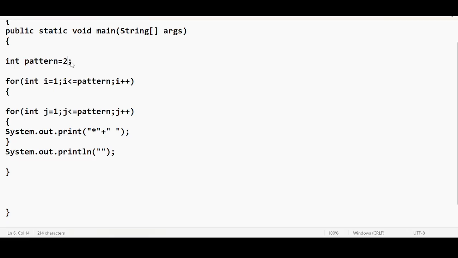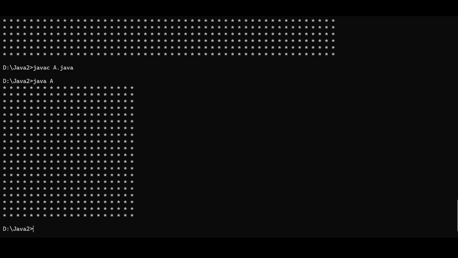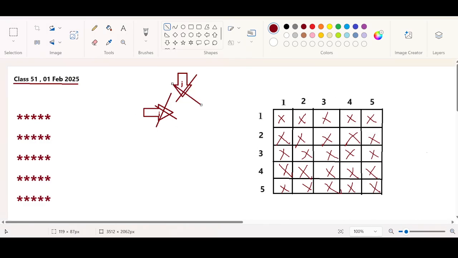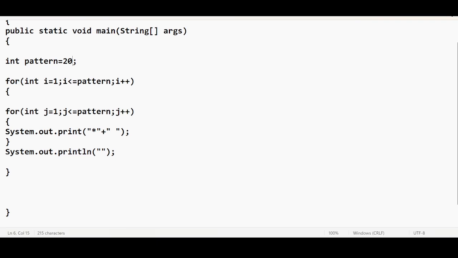50 square pattern. If you put 20 here, a 20 square pattern will be displayed. 20 by 20, that is how we are able to achieve the square pattern. And this is the square star pattern. If you want to achieve the numbers star pattern, what you can do is make only a small change